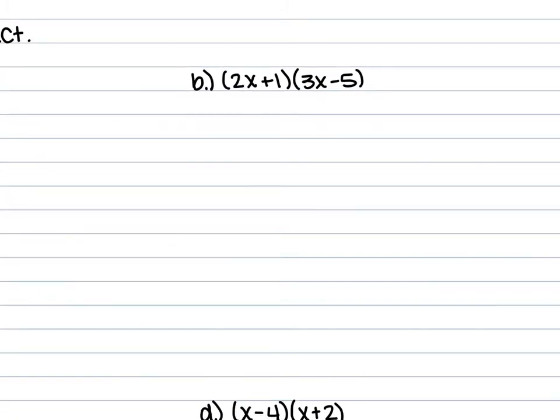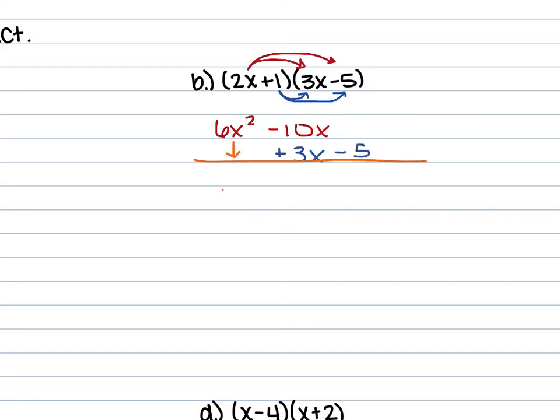For example B, we have 2x plus 1 times 3x minus 5. So again, 2x times 3x is 6x squared. 2x times negative 5 is negative 10x. From there, take the 1 distributed in, we get 3x. That's going to go underneath the negative 10x. Then 1 times negative 5 is negative 5. From here, we add our like terms. So the 6x squared drops down. We have negative 7x, and the negative 5 drops down. So in total, 6x squared minus 7x minus 5 is what we get